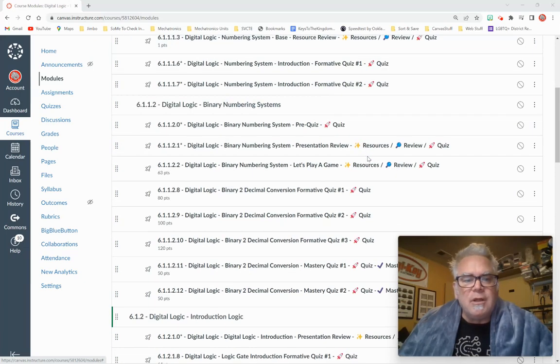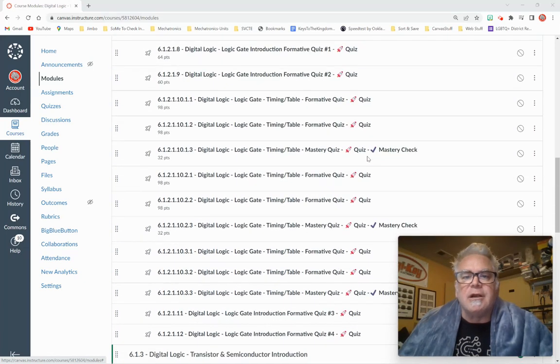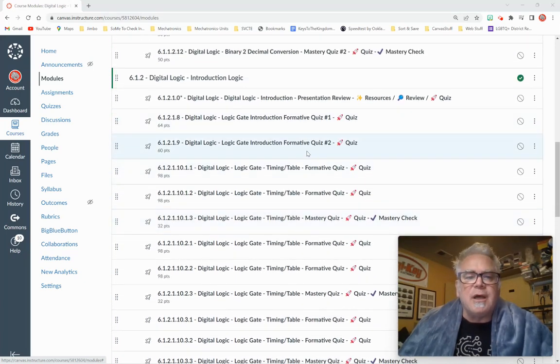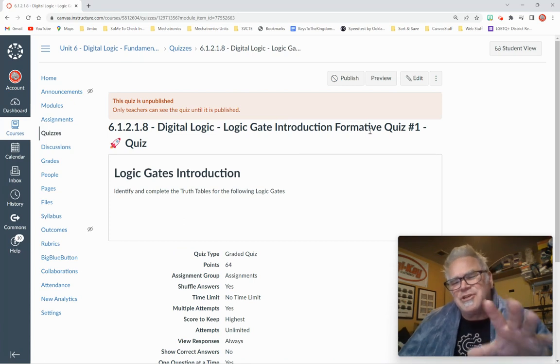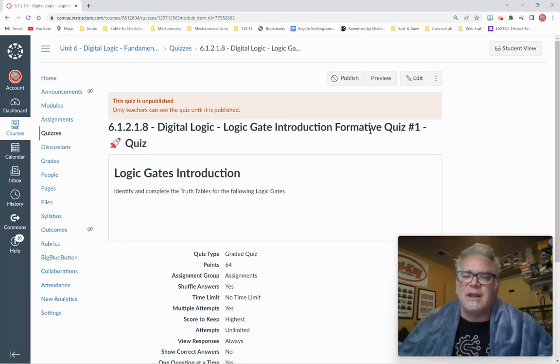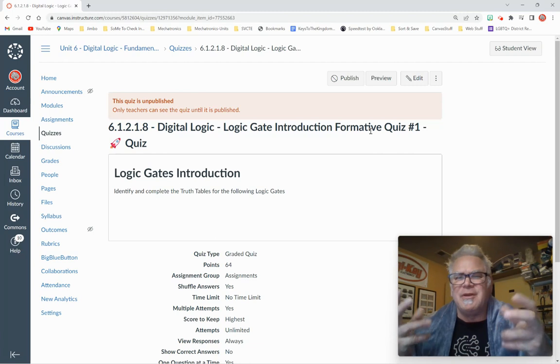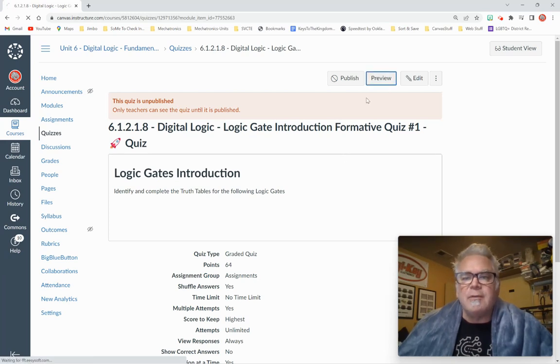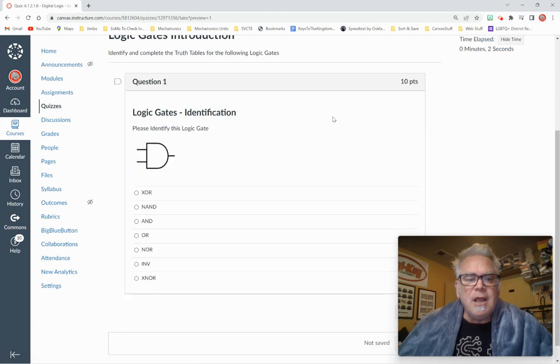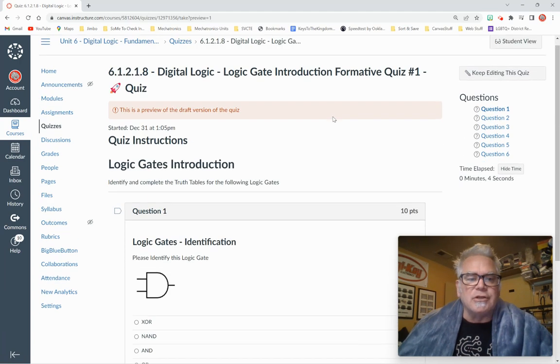So, for example, if I go to my digital logic section here, I'll have some questions. I use formative. I think I'm going to change that to something like practice, instead of having formative or summative, that's kind of teacher terms. I put the quiz up here, and then if I do a preview of it, I can go in and take this quiz, and the students can go through